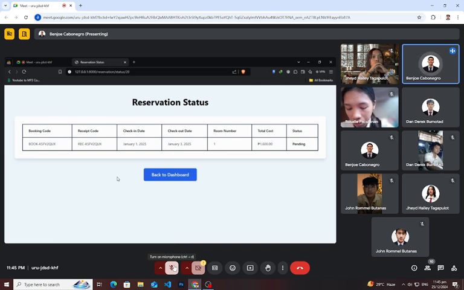Whenever a user submits a reservation form through the rooms and reservation feature, the details of that booking are automatically displayed here in the status section. For example, earlier Miss Jen booked January 1 to January 3. As you can see, the details of her reservation have been updated and are now visible here, including the current